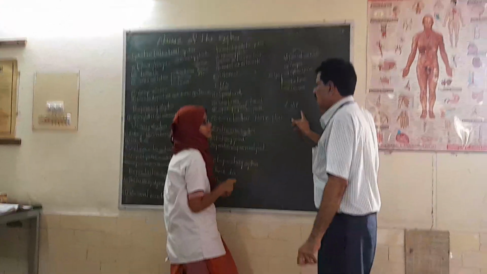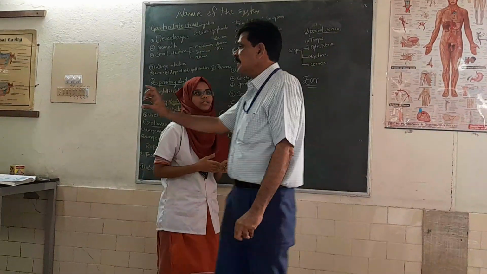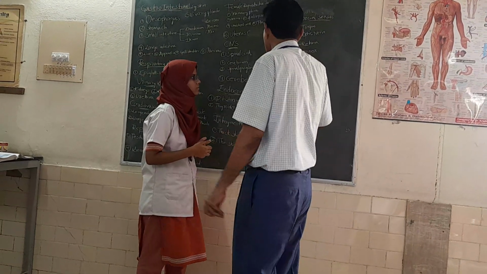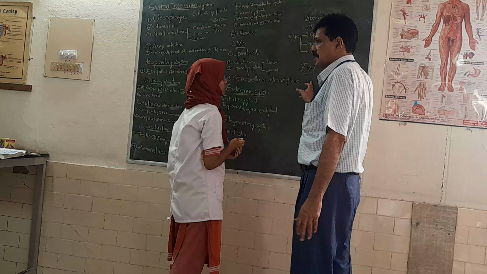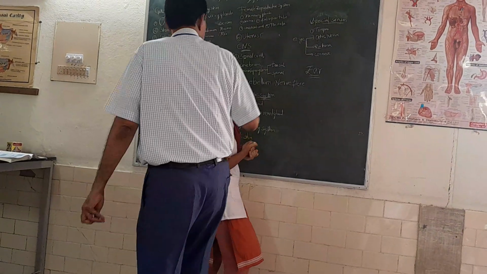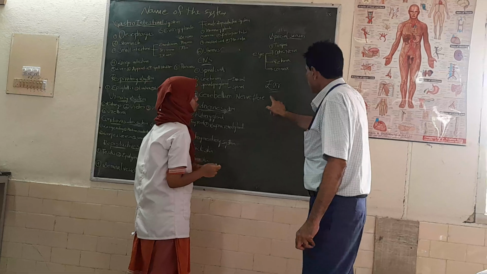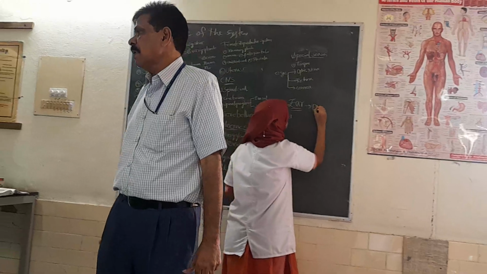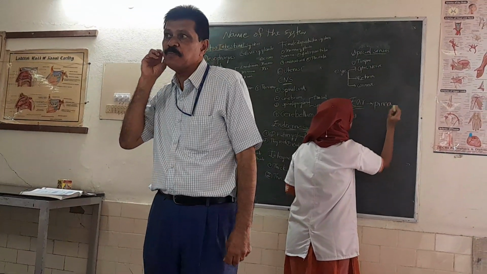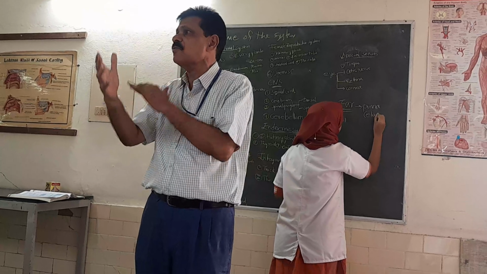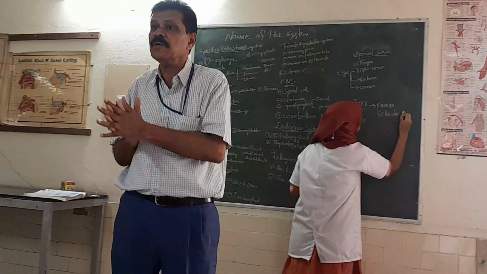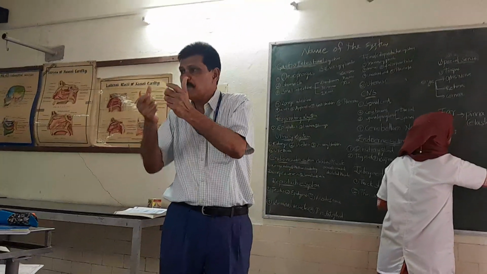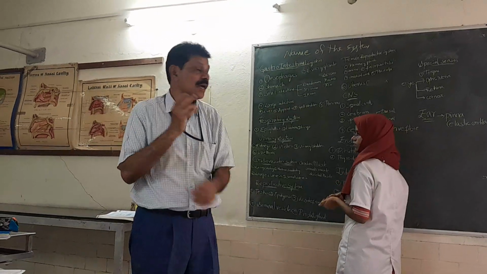For the ear, there is no slide. Only the cartilage: the ear pinna is made from cartilage. What is that cartilage? Elastic cartilage. So ear pinna, but the slide may not be there. Why elastic cartilage? If you pull it like this, it will come back to normal. Elastic means when you pull it, it again goes to normal. That is elastic cartilage.